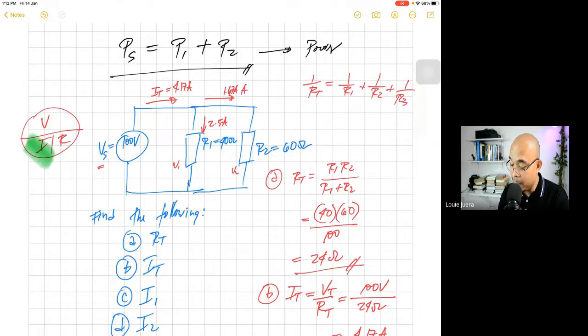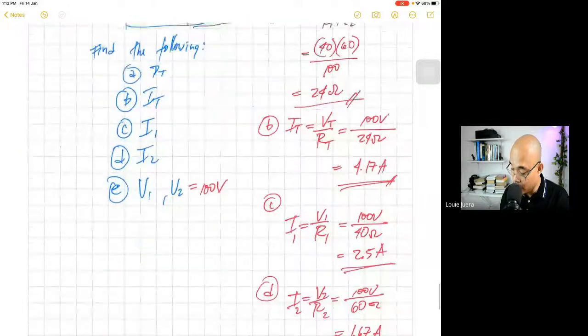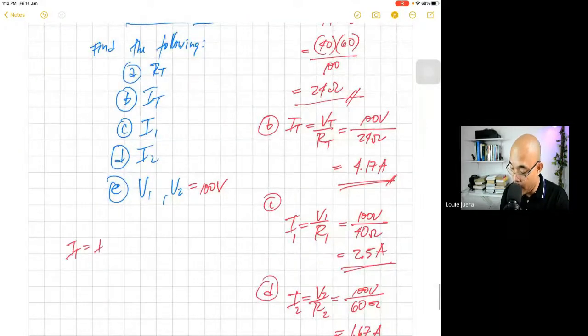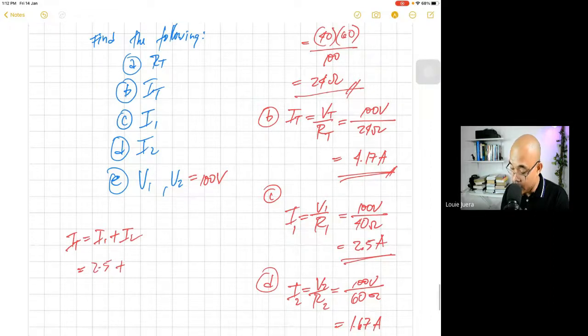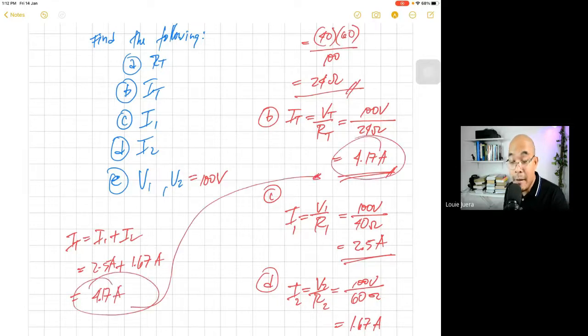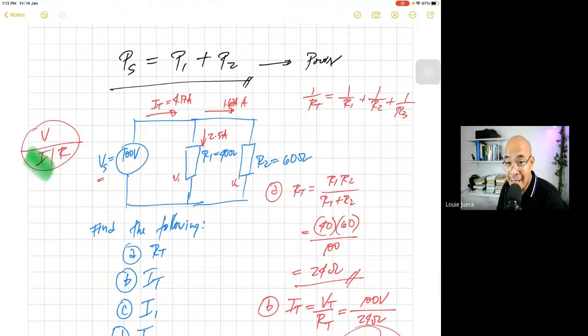Now, let's observe this. As we can see in the previous discussion, we can also solve for the I total. The I total is equal to I1 plus I2 in a parallel circuit. So take note, I1 is equal to 2.5 plus I2 is equal to 1.67 amperes. So the I total here is equal to 4.17 amperes, which is similar to what we got in the previously solved problem, letter B. So that's it. In the next lecture, we are going to solve a series of problems, which are very similar to what will come out in your written assessment. Okay, so see you in the next